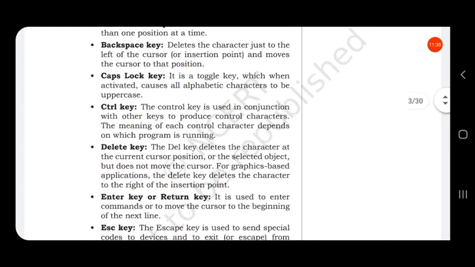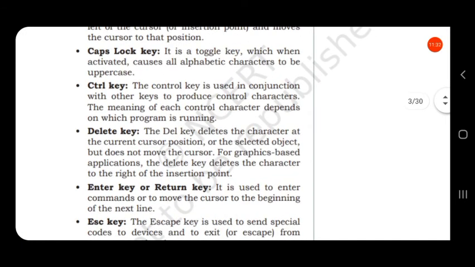Then next one is caps lock. The caps lock key is a toggle key. That is, if it is on, it will print capital letters. If it is off, then it will print small letters.